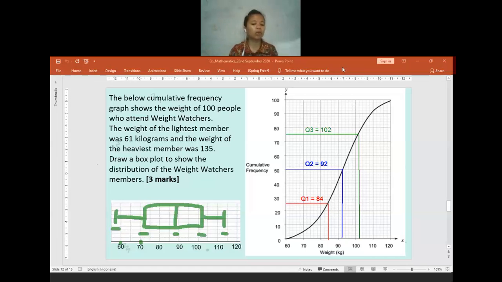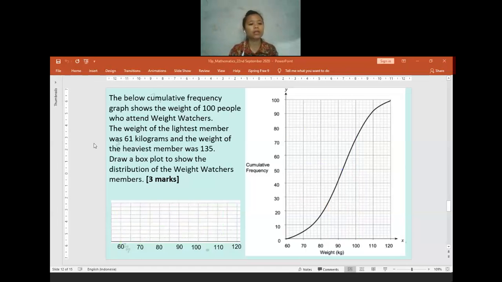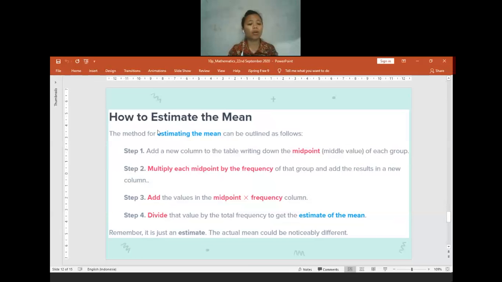Is there anyone having any questions so far? Just for revising, is there anyone having any question? The kind of question that I talk to you today will be the type of question that will be there on the chapter wise test. I hope that all of you will be having good marks because this chapter is quite easy, I think.